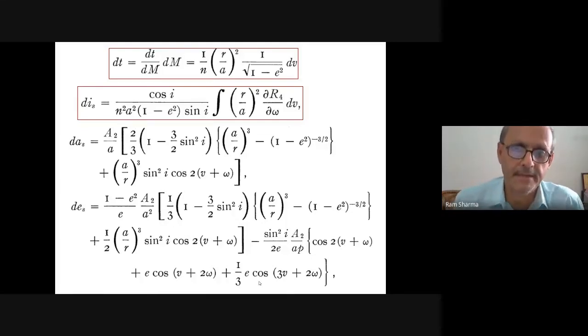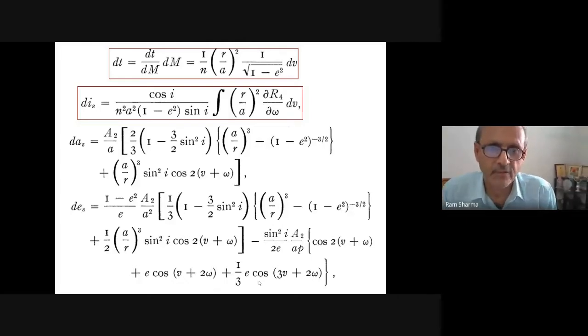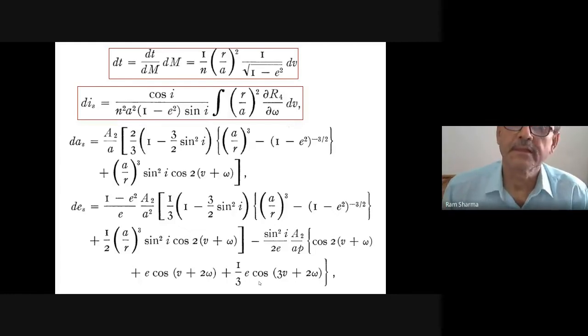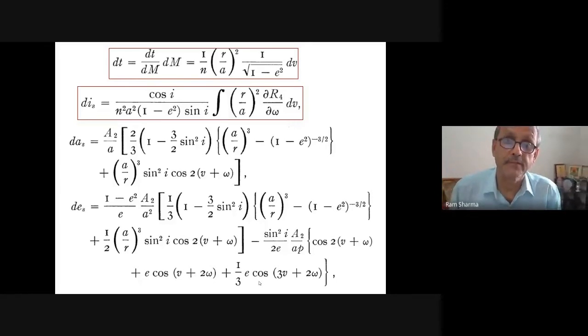Now the di by dt, he has calculated the average values from 0 to pi with respect to true anomaly. He is finding out now. The d omega he has calculated. So this has come to this value. You can see here a2, and this is a function of the small omega, the v, and omega is also there. So these are short periodic terms.